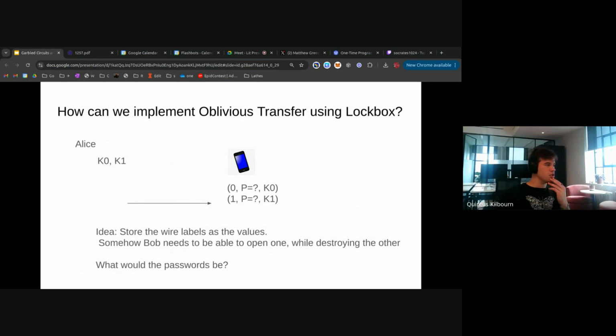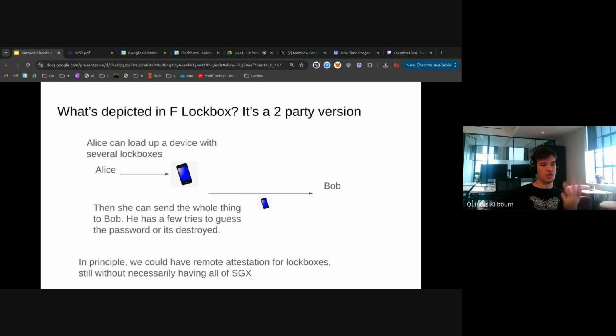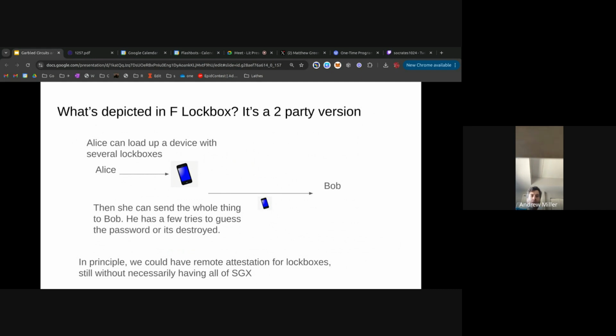I just wanted to make sure I understand, why do you require the phone to be physically transferred from one party to another? Is there not some sense in which you can remotely set these lockboxes? Well, from Alice's point of view, I don't know how she would know that she is setting a real lockbox. I mean, this is a question of remote attestation. If she can log into the remote device and be confident that it's a lockbox, then that works. Okay. But if it's just she makes a socket connection to Bob's phone, unless it provides trusted hardware and remote attestation, I'm not sure what it is she would check to know that she's sending the inputs to the lockbox